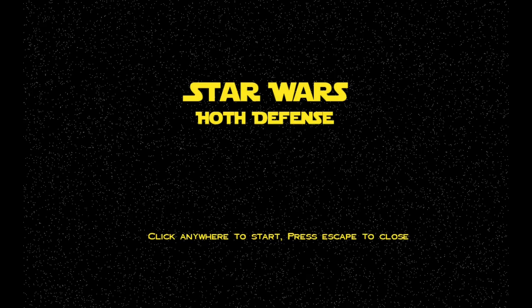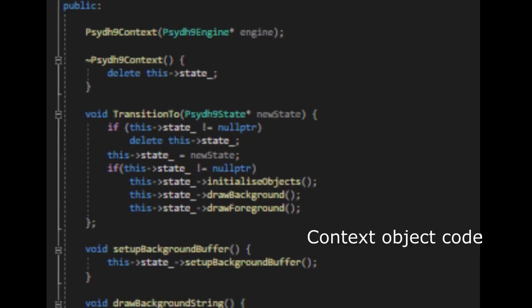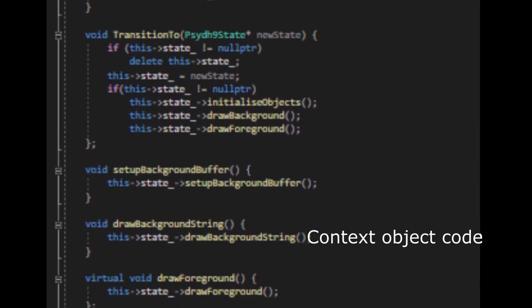I have created a header and program file called PSYDH9state that contains a context and a state object. The state object is then further subclassed into concrete states that are used in my game. These will be shown off throughout the program. My context object holds a reference to the current state and is able to swap between the states following a